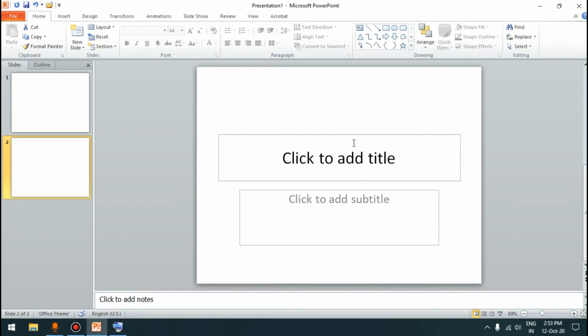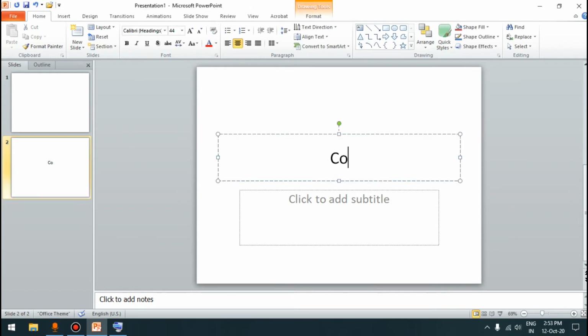Now, how to add the text? To add the text, go to a placeholder. It says click to add title, so I can type the title here: computer class. Let me show you again.